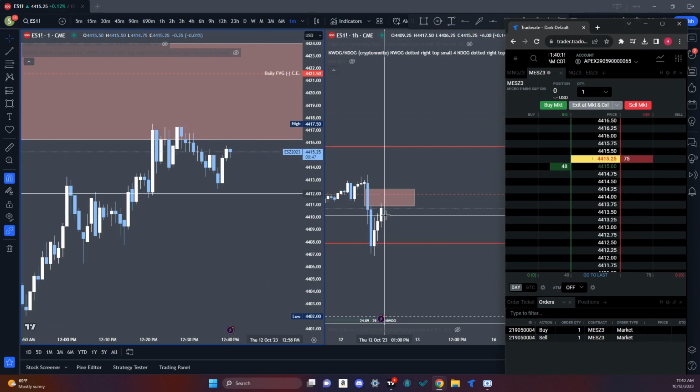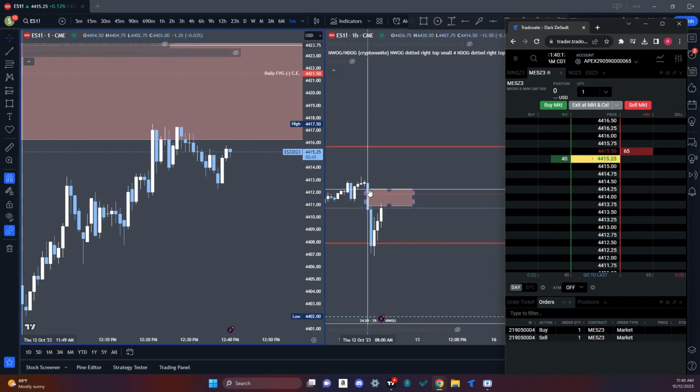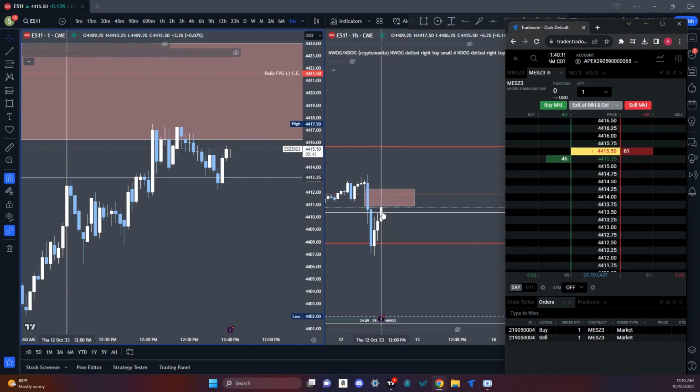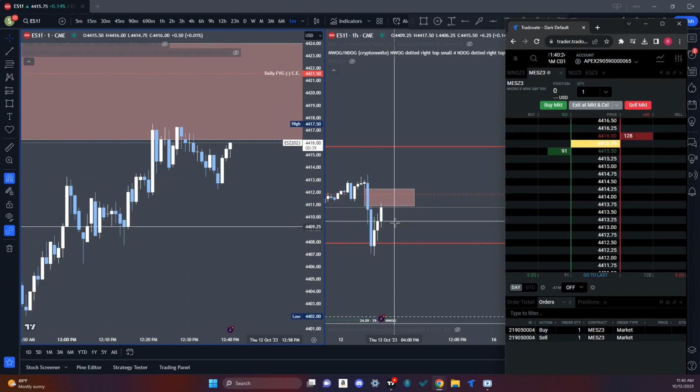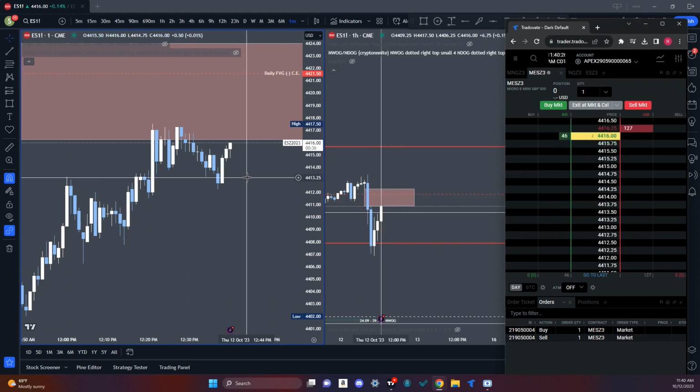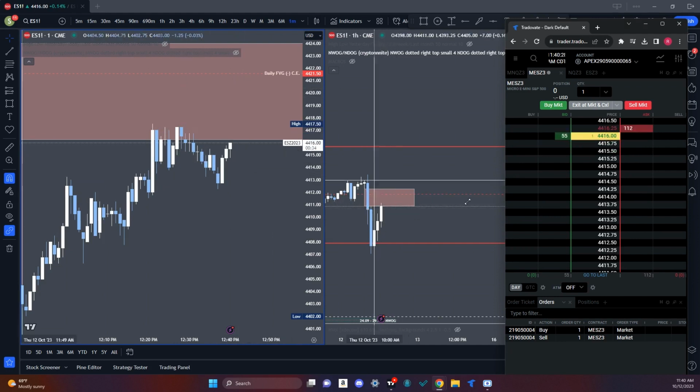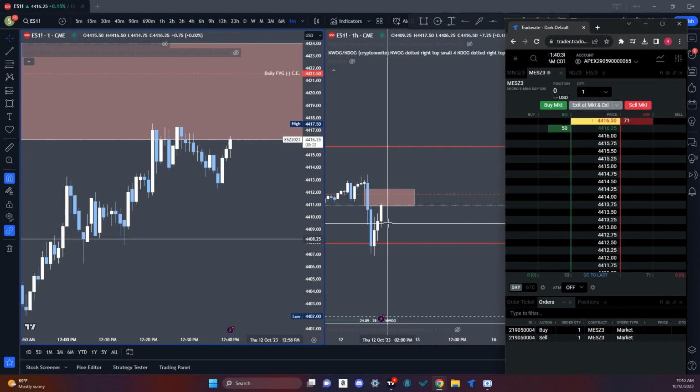Fractally, if you think about it, we're looking at it from a 1 hour perspective. If you're coming up into this 1 hour fair value gap, obviously we want to see it respect the fair value gap and then have a move out of it, creating some sort of fair value gap on the lower time frame, like the 5 minute, which is my favorite setup. But for all we know, we could wick,